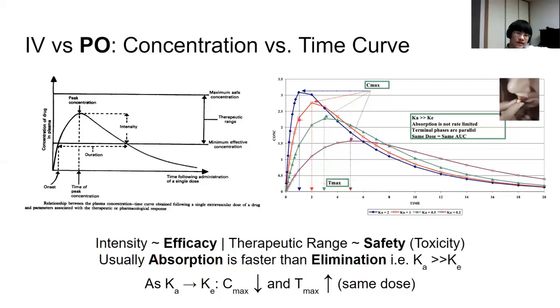But the thing is that as this goes down and down, the concentration maximum goes down, and also for this one, the time of maximum concentration also increases, which means that the drug is being absorbed much slower, and this means that the elimination phase will be shorter compared to when the absorption phase was very short. So